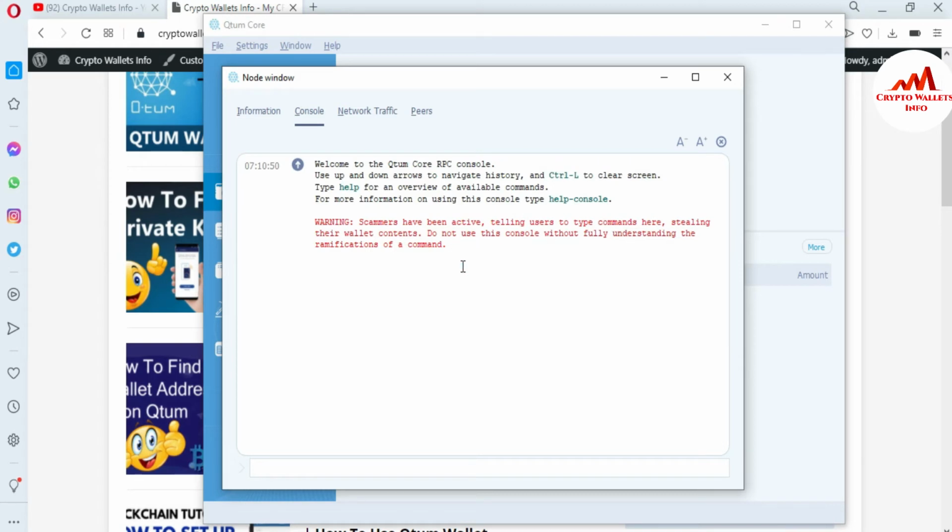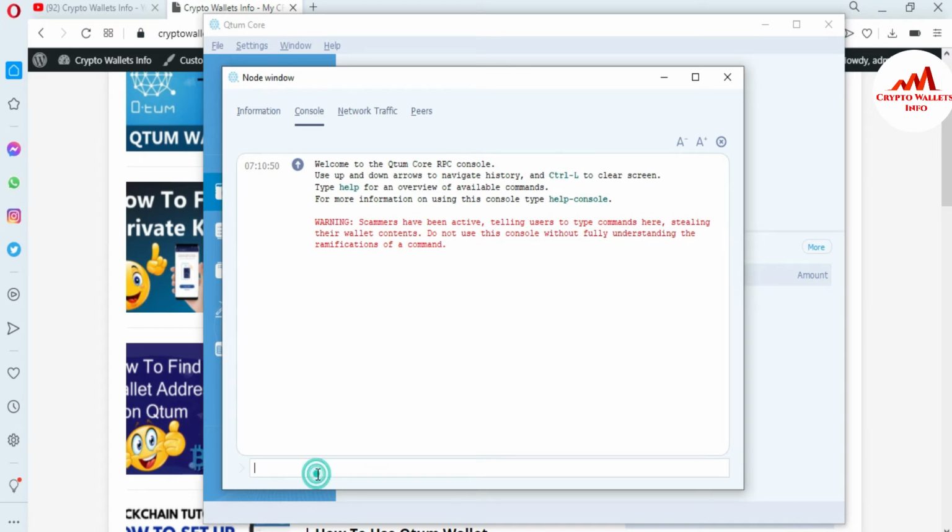Use up and down arrows to navigate history. And warning, scammers have been active, telling users to type commands here, stealing their wallet contents. So viewers, please do not try any wrong command in this area, because if you do, maybe your funds will be lost.